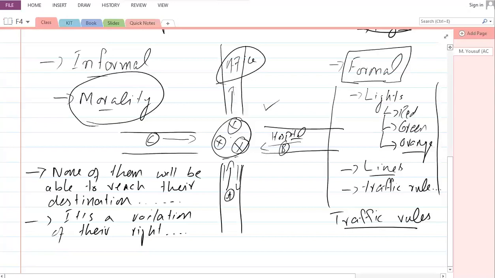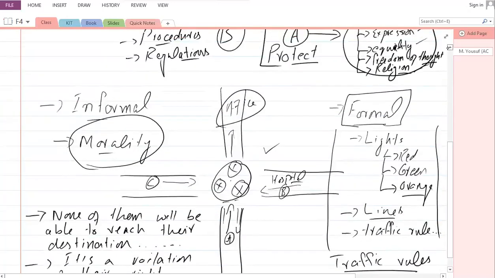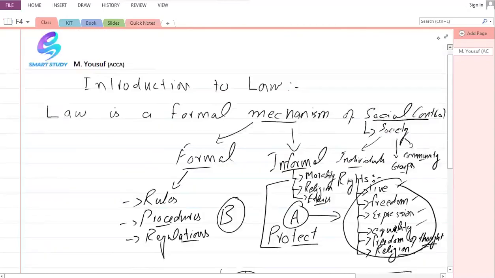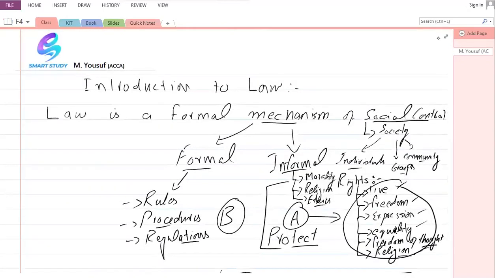So if we go back to the definition once again, what is law? Law is a formal mechanism of social control. So this is the simplest definition of how we can define law. I'm hopeful that you would have understood the meaning of this definition and how this definition is applied in the context of society. So for example, if we take another example,